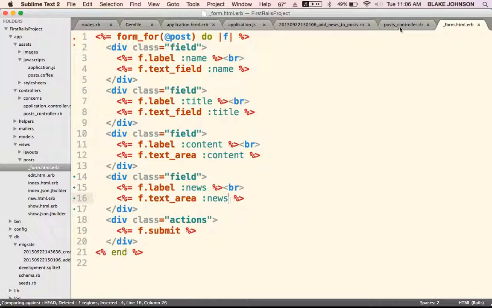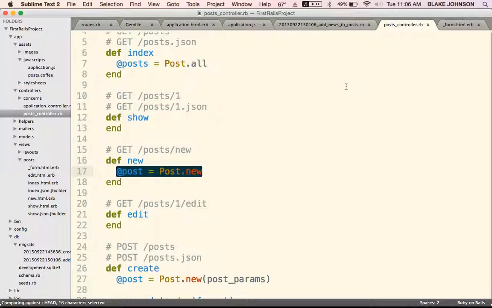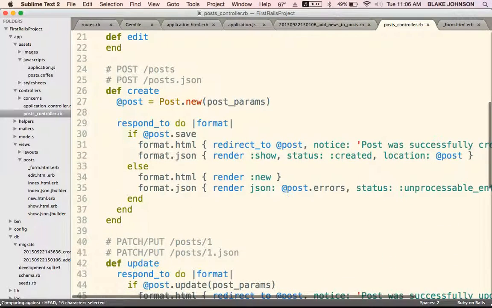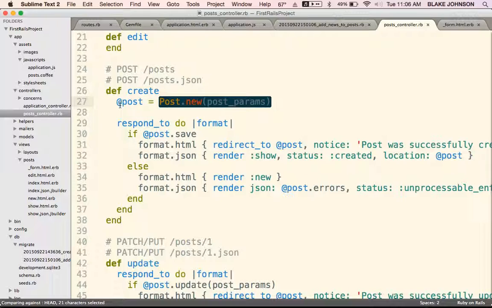So now I can follow the trail of breadcrumbs and say, okay, the new action submits to the create action, just like in Sinatra. And so what does create do? Create takes the parameters, mass assigns them to this new post object, and then tries to call save on it. I'll talk about what this respond_to block does in a second, but let's just ignore it for now. So we create a new post, right? And typically in Sinatra you'd probably write something like this,